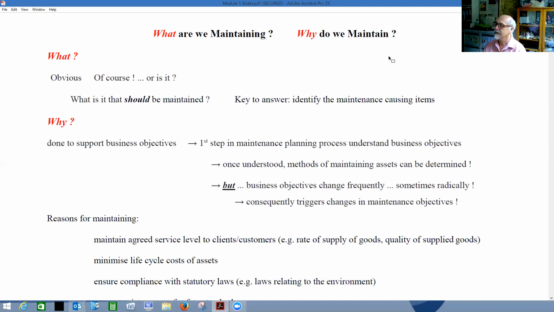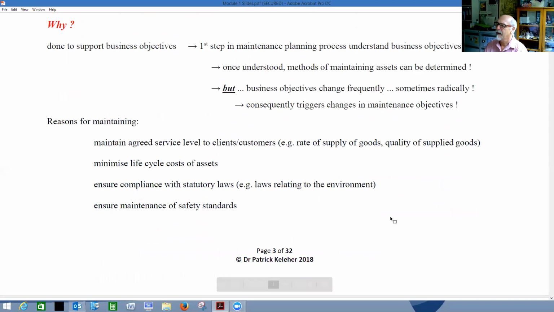So, some reasons for maintaining: you maintain the agreed service level to your clients and customers, the rate of supply of goods, the quality of supply of goods, just like the iron ore, just like coffee production, for argument's sake. It could be producing aluminium. You've signed an agreement that you're going to produce so many tons and send it to them in this particular quality range. So, yep, maintaining the agreed service levels, minimize life cycle costs of the assets, ensure the compliance with